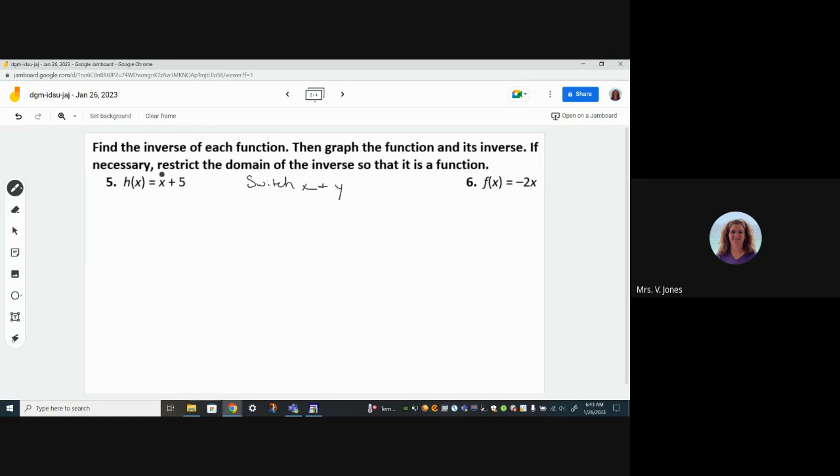Okay, so that's the first step. When you're looking at this problem here at the beginning, it doesn't have a y. Notice it has an h of x. Here's the x, that's great. The h of x is actually your y. So since there isn't a y that we see, if you have function notation right there, you switch it to y. So now if we want to find the inverse,